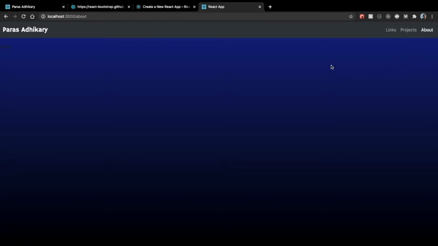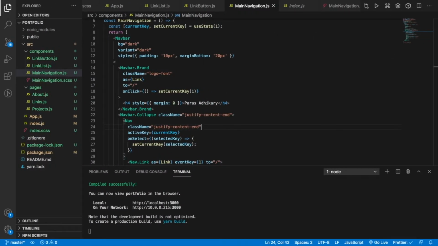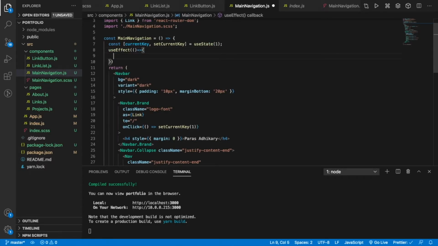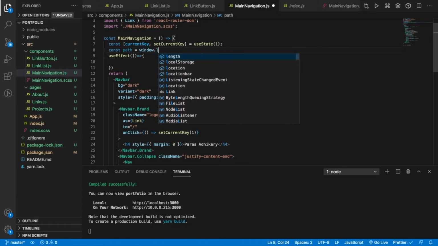So something weird that's gonna happen here that we gotta fix is that, say I'm on the about and I refresh, it's gonna go to the links, but we're still gonna be showing the about component here. So we don't want that to happen. So how are we gonna handle that? So what we're gonna do is we're gonna use this thing called useEffect. And what useEffect does is it runs once when the page loads, and then it only runs again when a certain variable changes. We're gonna have this variable called path, and